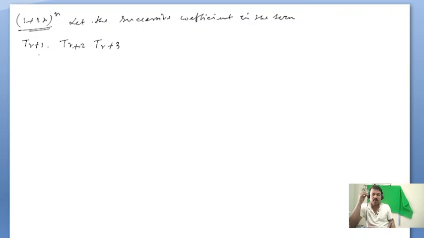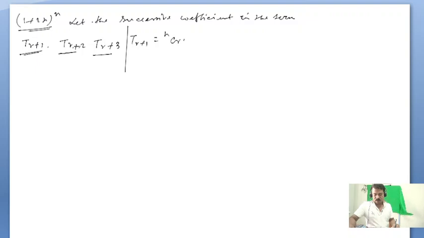So in this term the coefficients are having the condition. So actually t r plus 1 here is ncr 2 to the power r into x to the power r here. Okay,